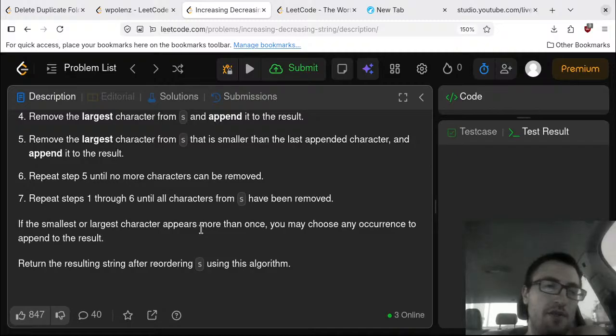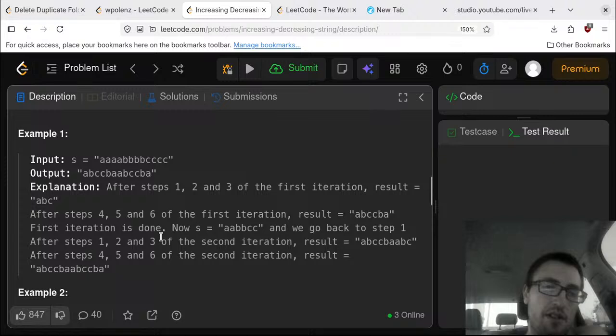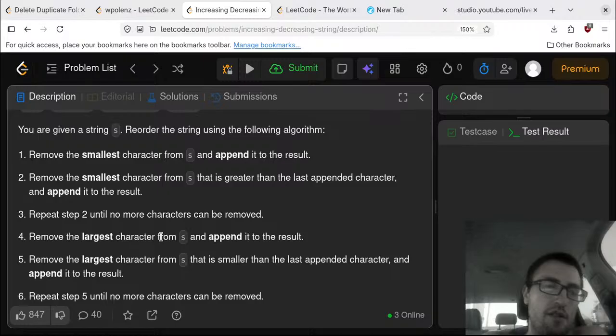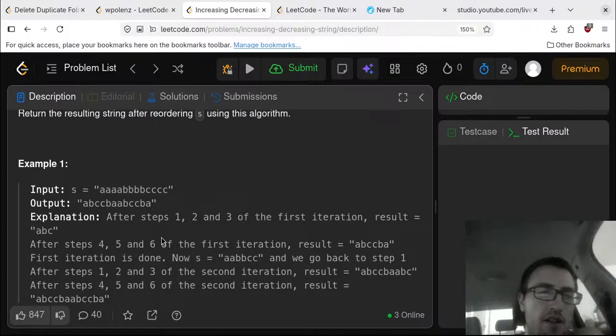I'm really confused by what? Wait, what did they want? I'm very confused. Steps 1, 2, and 3. Huh? That's not, I mean, maybe I just misunderstand. So,